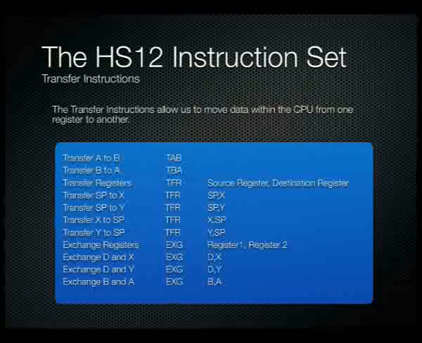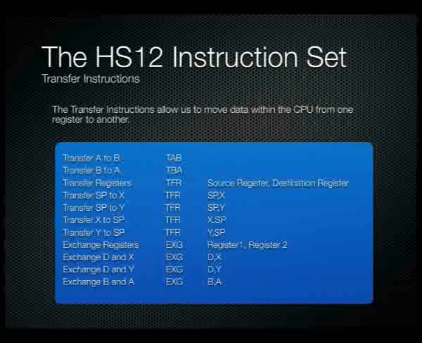So we can transfer data from one register to another. There are a series of inherent commands that allow us to swap or transfer values from accumulator A to accumulator B. So we have a TAB command, which simply allows us to transfer A to B. We have the opposite, which allows us to transfer B to A, called TBA. So the T stands for transfer, and of course the 2 letters after that refer to the source register and the destination register. We can also simply use the TFR command and simply specify which registers we actually want to move